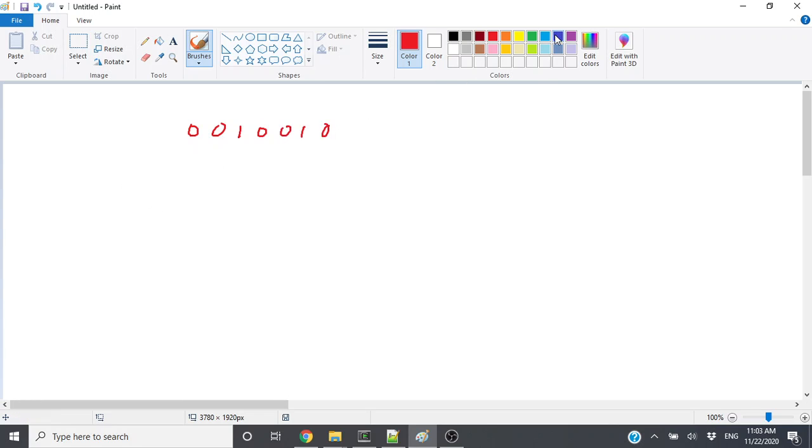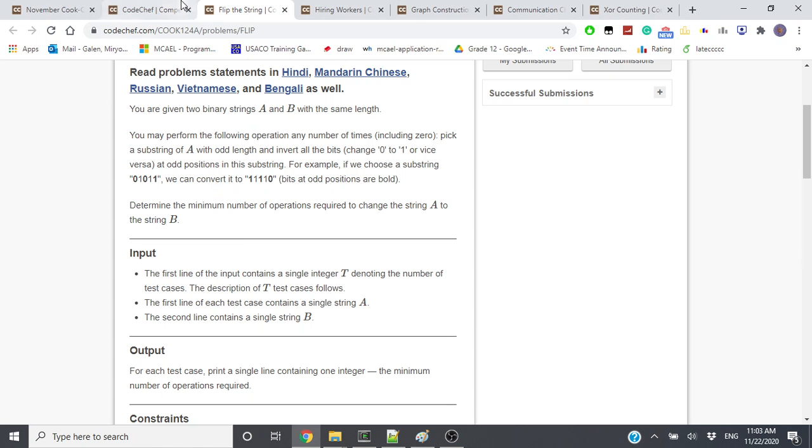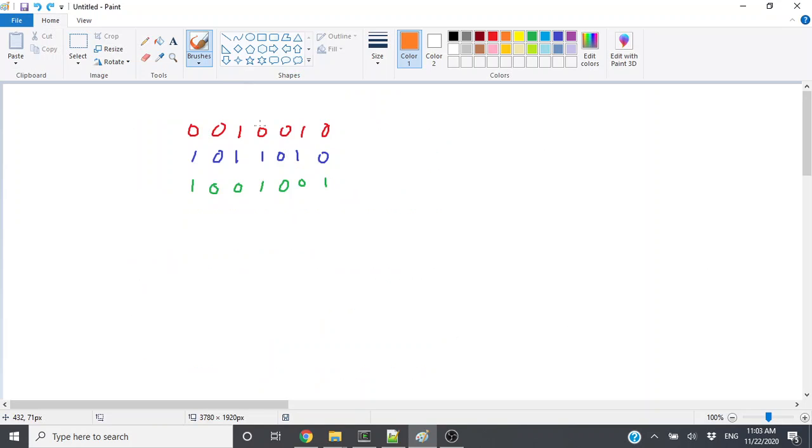So what you can do is make a new string where a bit is 0 if they're the same, and 1 if they're different at this position. So you create a string from the XOR of the 2 strings. And then now you want to make this string equal to 0 so that they're all the same. And the way to do this is to